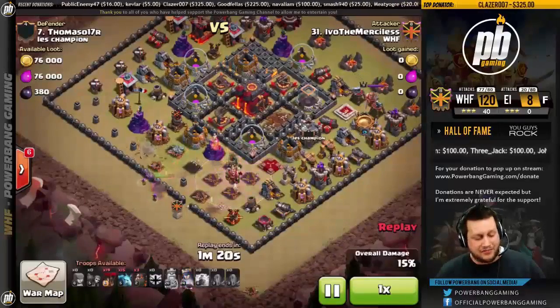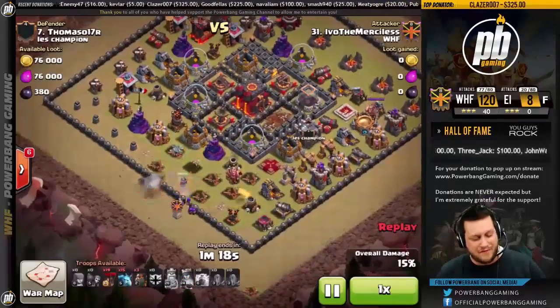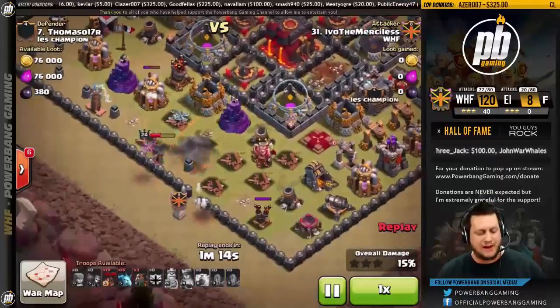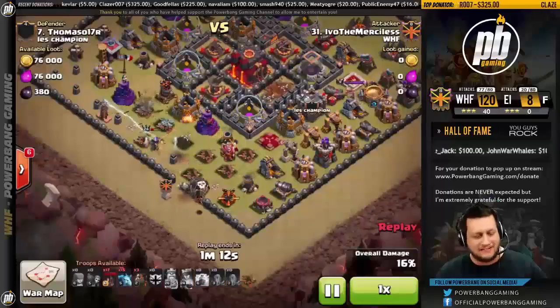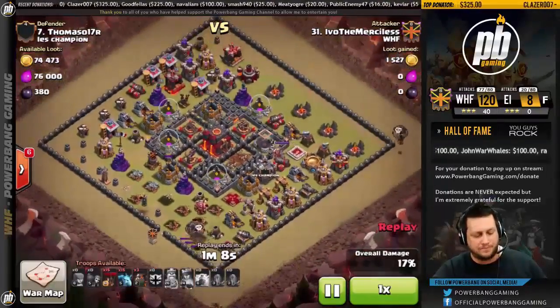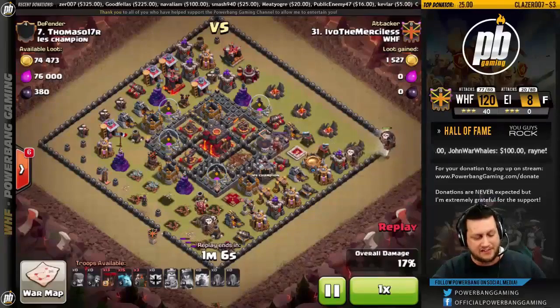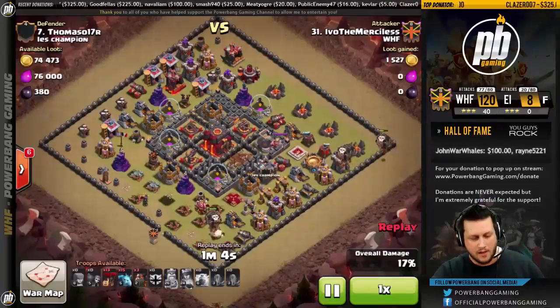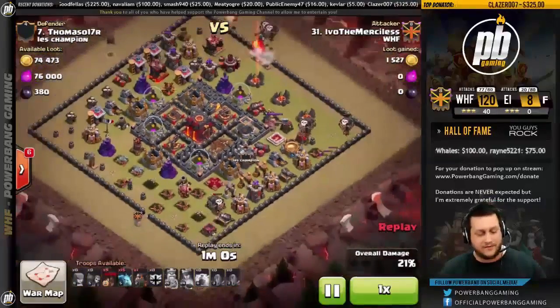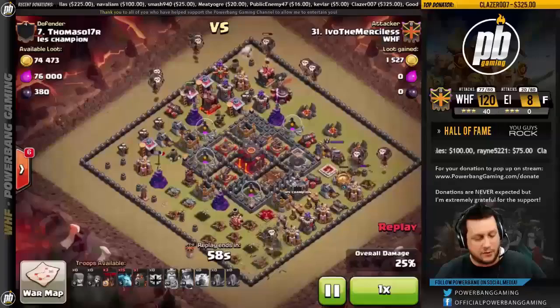Goes back to target that archer or the air defense with his archers and gets smoked by the mortar. So he's going to have to drop some balloons directly on it. That's okay, though. He gets that taken out with no issue. And at this point, he's just going to start dropping balloons on the air targeting defenses as a priority. Absolutely wonderful, though. Once he kind of takes out those air targeting defenses, 2 hounds go into the last air